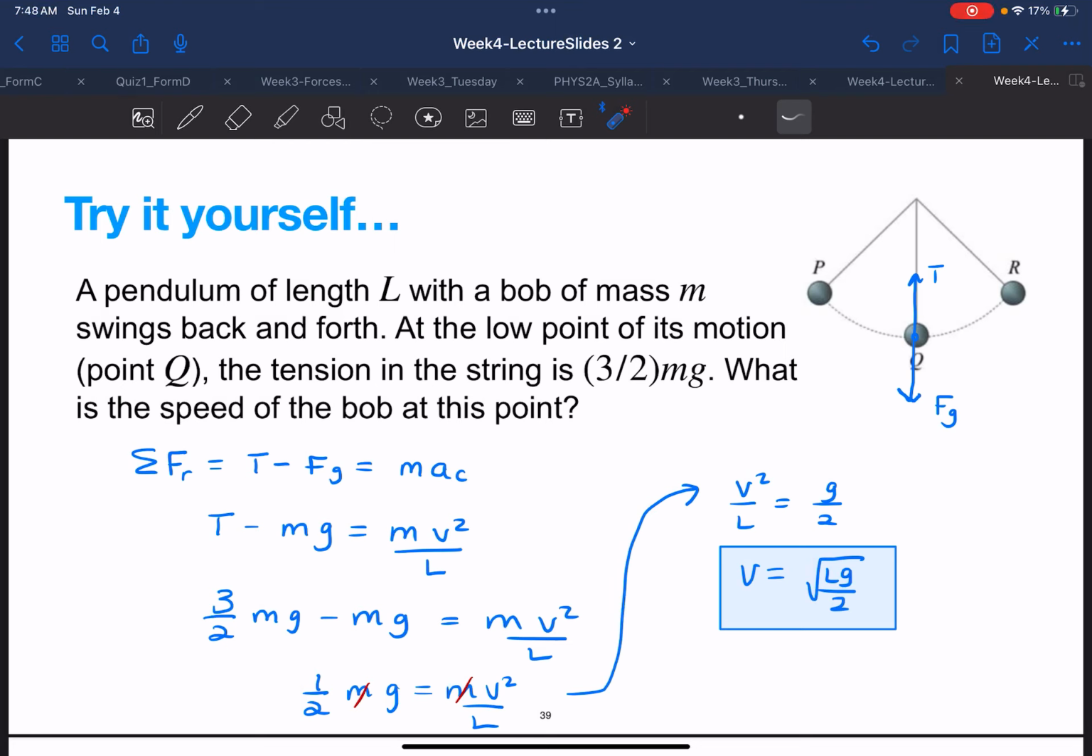This next example is about this pendulum here. So make sure before you watch each of these slides, you've tried these examples on your own. So in this case, we have a pendulum of length L with a bob of mass M swings back and